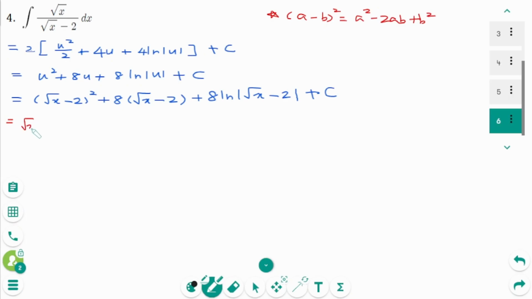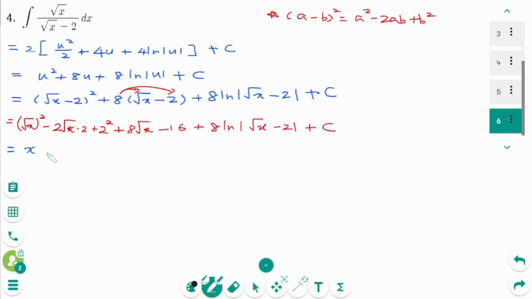So square root of x squared minus 2 times square root of x times 2 plus 2 squared, plus expand 8 square root of x minus 16 plus 8 ln absolute value of square root of x minus 2 plus c